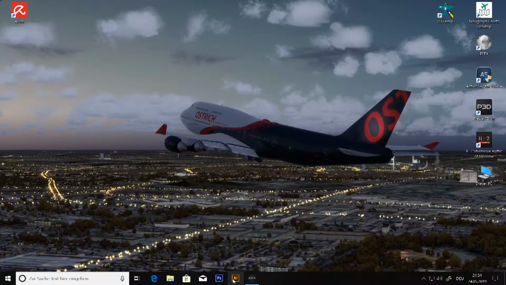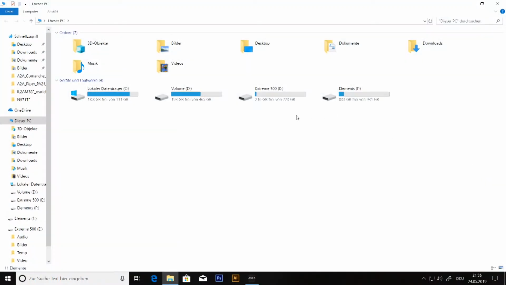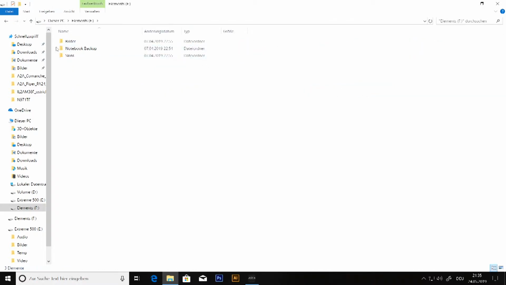And then I use Adobe Illustrator to make the livery. That's not necessary because you can paint directly in Photoshop, but I like Illustrator because I'm just much more used to working with it, and also I can work with vectors. And this advantage I will show you in a second. But first, when we start, I would recommend you to